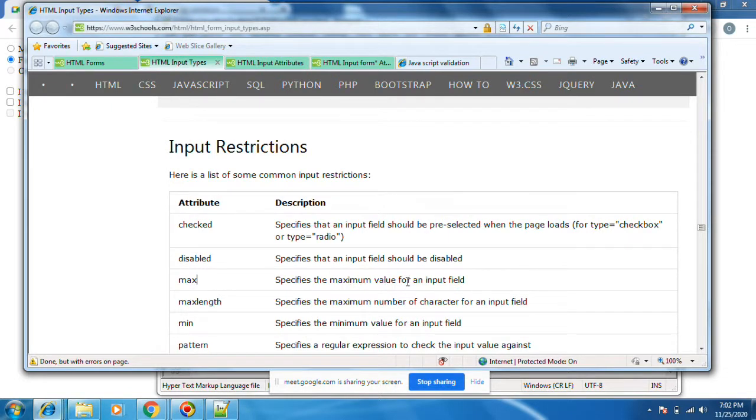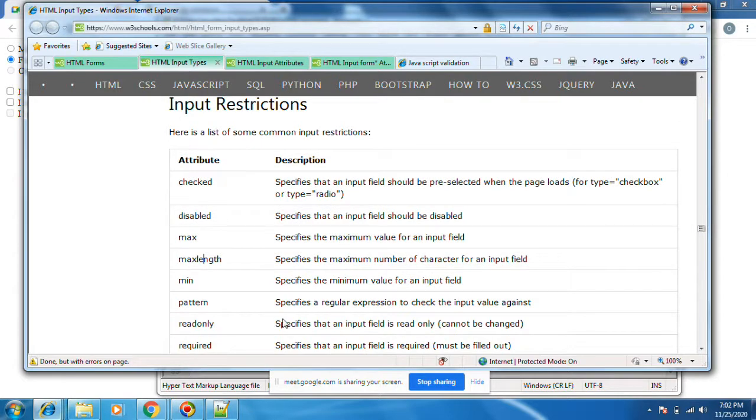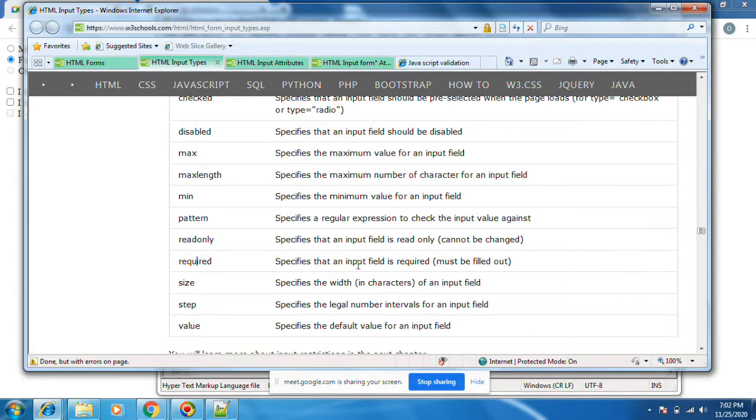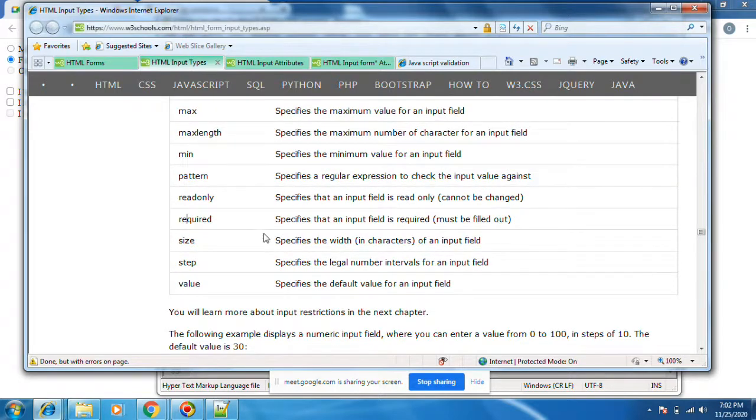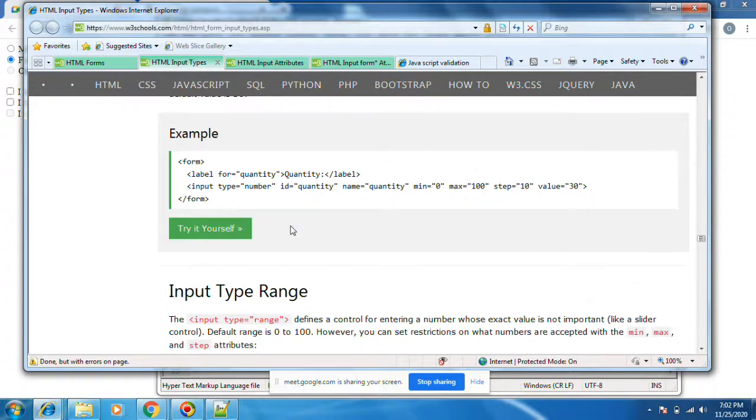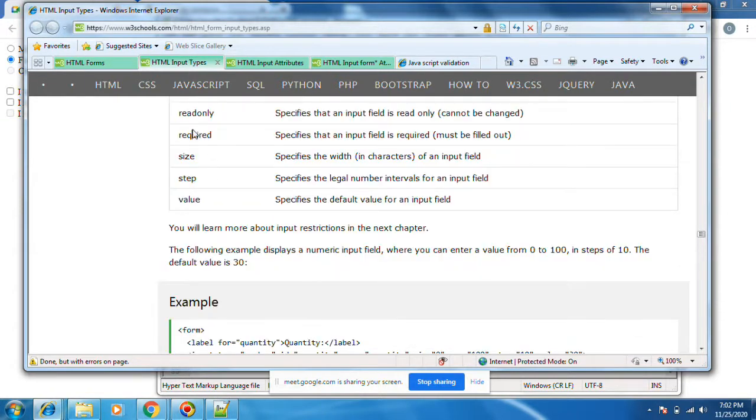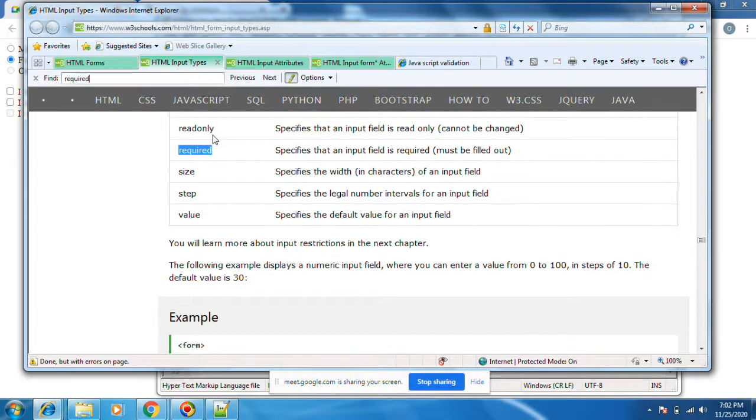Max specifies the maximum value of an input field. We have already done max with date or something. This is simple: pattern, read only, required, size, value. Okay, required field is the required field.